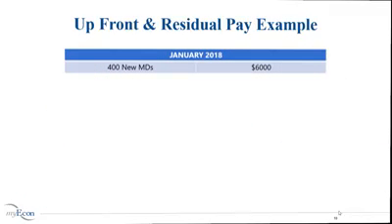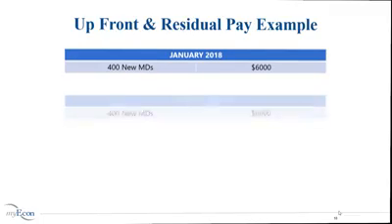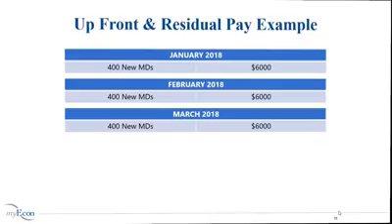Let's take a look at the potential earnings of a CEO Infinity who has 400 new associates entering into his or her super team on a monthly basis. Starting in January, 400 new associates come into the Infinity's organization. In this example, we will assume these 400 new associates are not personal sponsors, but team recruits. As a CEO Infinity, you receive $15 per new associate as generation overrides. 400 times $15 is $6,000. This level of recruiting happens every month for the next 5 months.